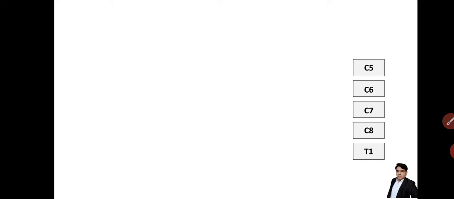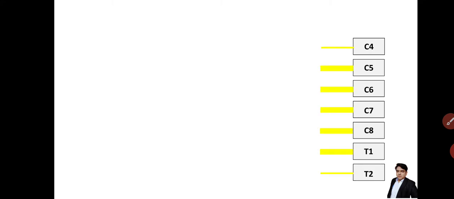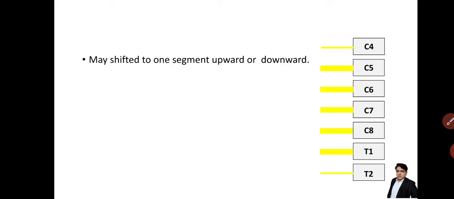So these are the spinal segments. It also takes contribution from C4 and T2. So these are the roots. The minor contribution is shown by the thin line, and this brachial plexus may be shifted one segment above or one segment below, that is upward shifting or downward shifting.